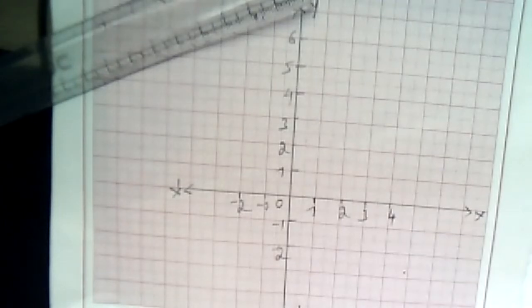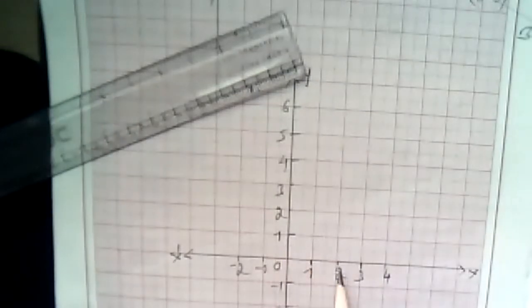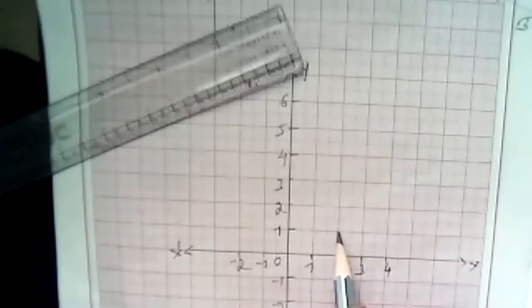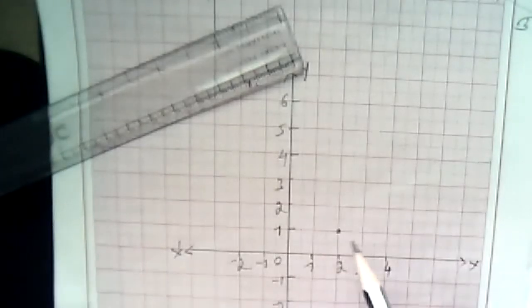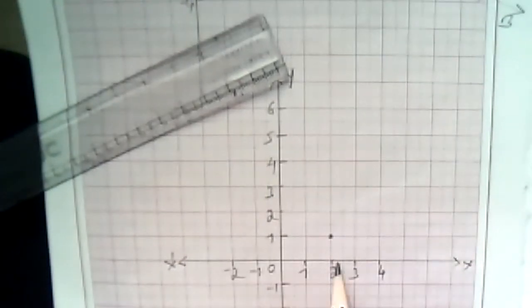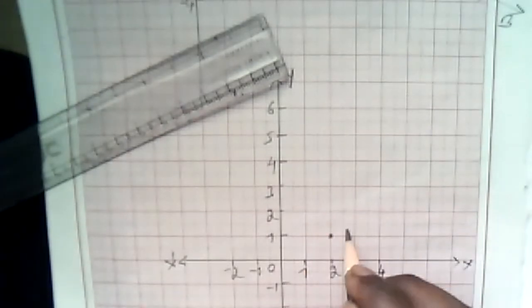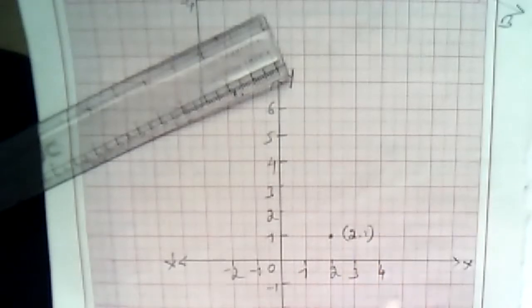Now y is equal to 1, x is equal to 2. Y is equal to 1 means this is the y. Okay, y is equal to 1 and x is equal to 2 means this is the point. Is it right? Okay, x is equal to 2, y is equal to plus 1. Plus 1 means you should go up. Therefore this point is 2 comma 1. You can write here. What is the next value?